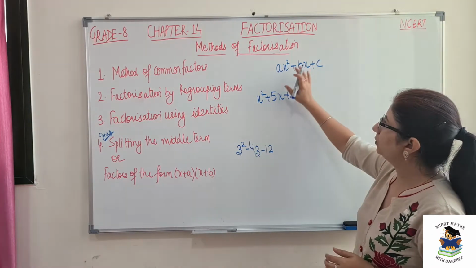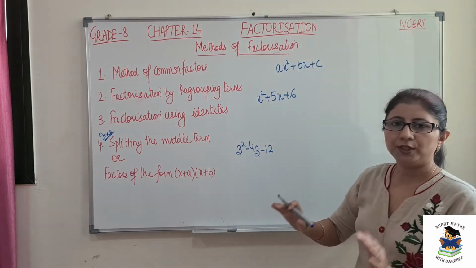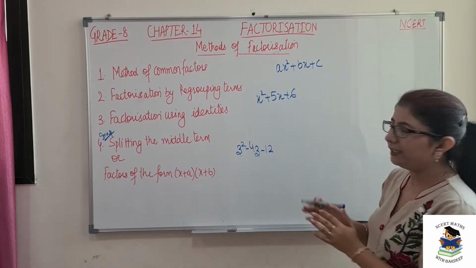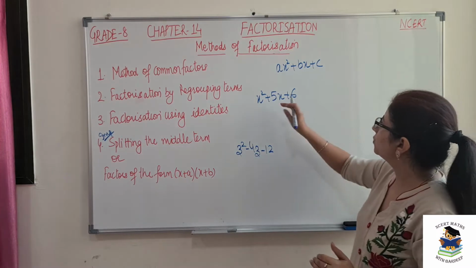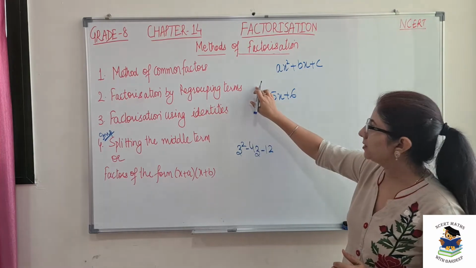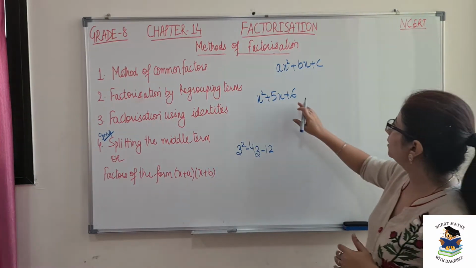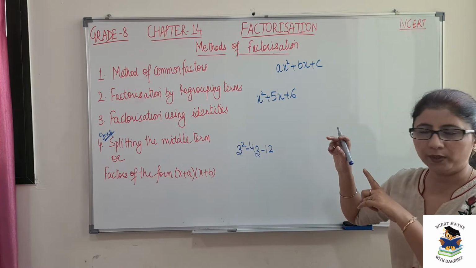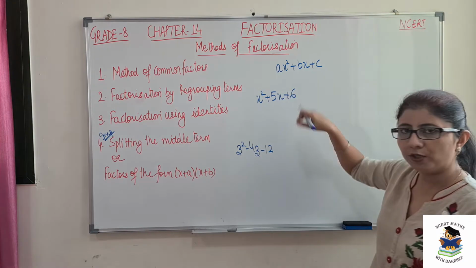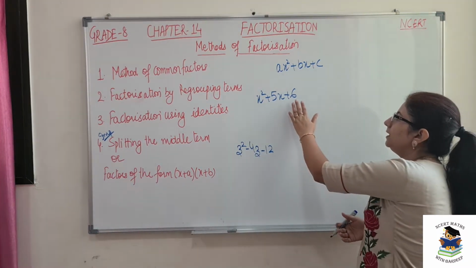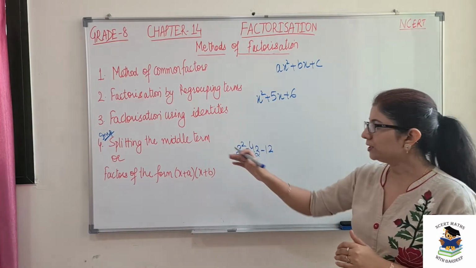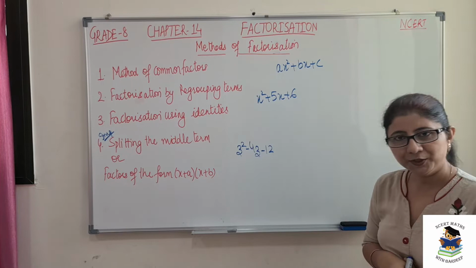So what we will do is we will see that the expression has three different terms, but we cannot split it into complete squares. Like in this question, we are given three terms. One is x square, which can be written as x whole square, but this 6 is not a complete square, as we had in the third method using identities, in which the third term is also a complete square. In our case, the third term is not a complete square. Then we will use this method, that is, splitting the middle term.